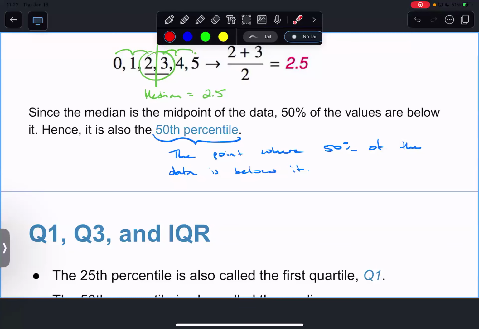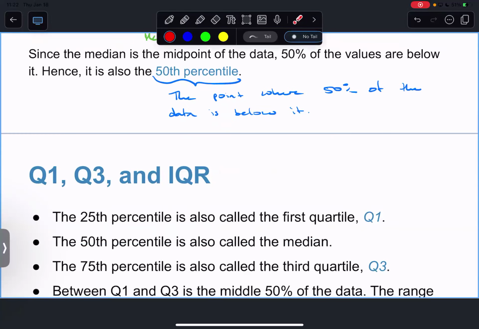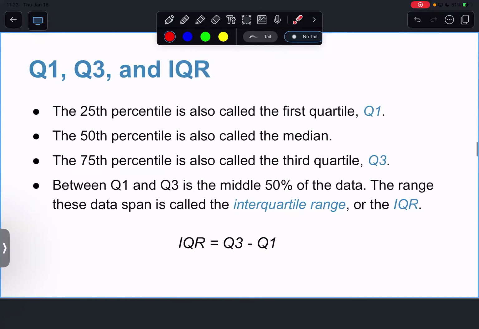Now, as a way of introducing the quartiles, I'm just going to introduce them by definition of the percentile, and then we'll talk about them, and I'll show you how to calculate them. The 25th percentile, going back to the definition of the percentile, says that 25% of the data is below this point. We call that the first quartile. What have you done? Really, you've split your data into quarters. And so if we imagine a minimum to maximum